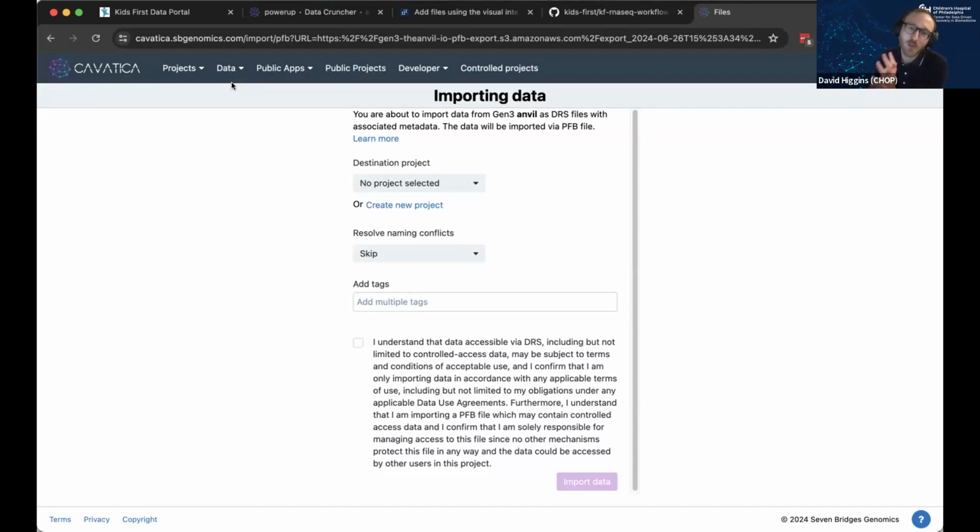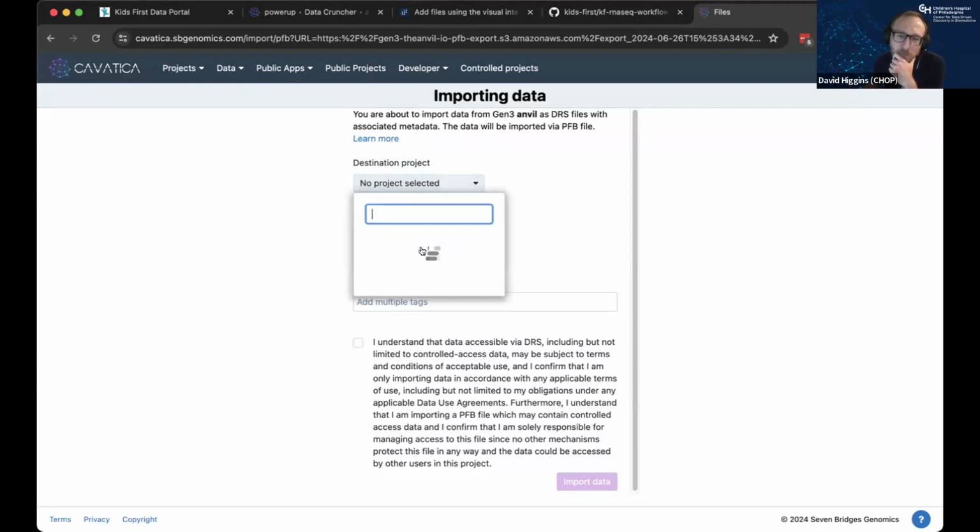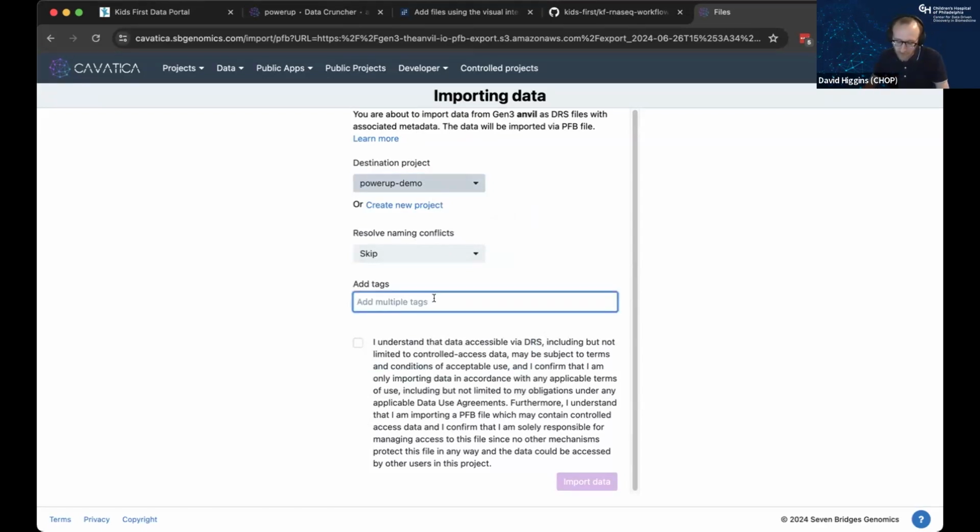So a better way to do it is to use this interoperable method, which I'm showing here, where I'm connecting, I'm importing this data. It says you're about to import data from the Gen 3 Anvil as DIRF files with their metadata. And I say, yep, that's great. We're going to put them in our Power Up demo project. And we can take these as